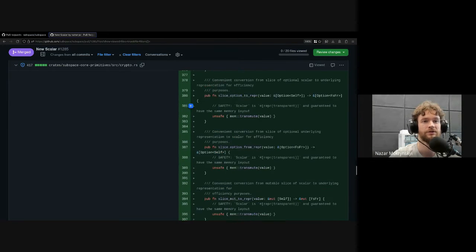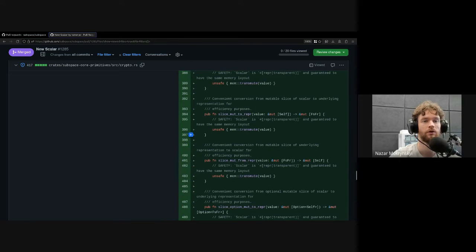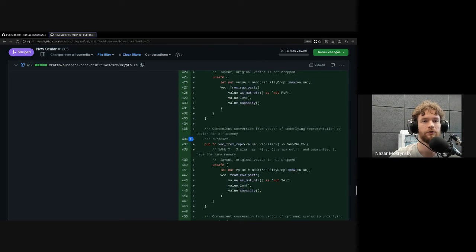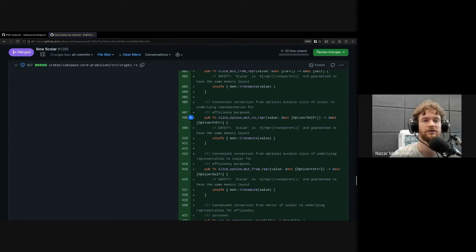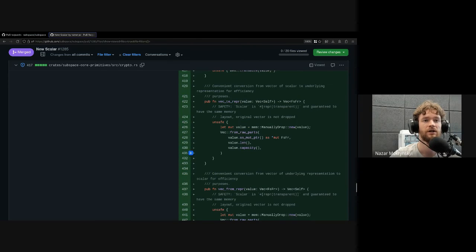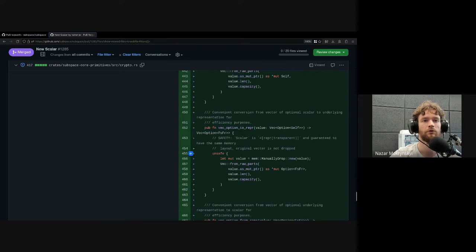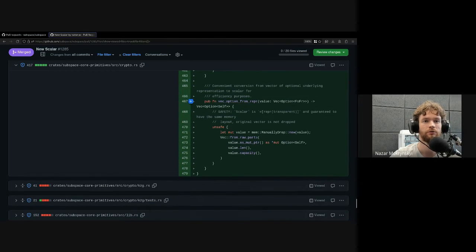And basically, we are using these types in all other places. And we also have some transmuting that allows us to interpret this thing as the underlying type, so that we don't have to reallocate when we are calling cryptographic functions in the library. But otherwise, we can still deal with the scalar type that we care about. So there are a whole bunch of those transformations. We can interpret things as slices, as vectors, which are a little bit more involved. And we can also use options, slices of options and slices of vectors of options, which are useful for erasure